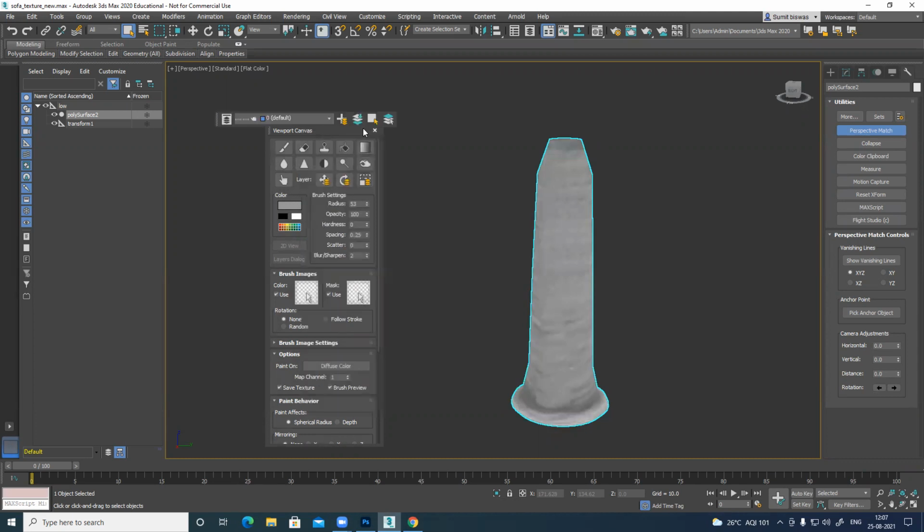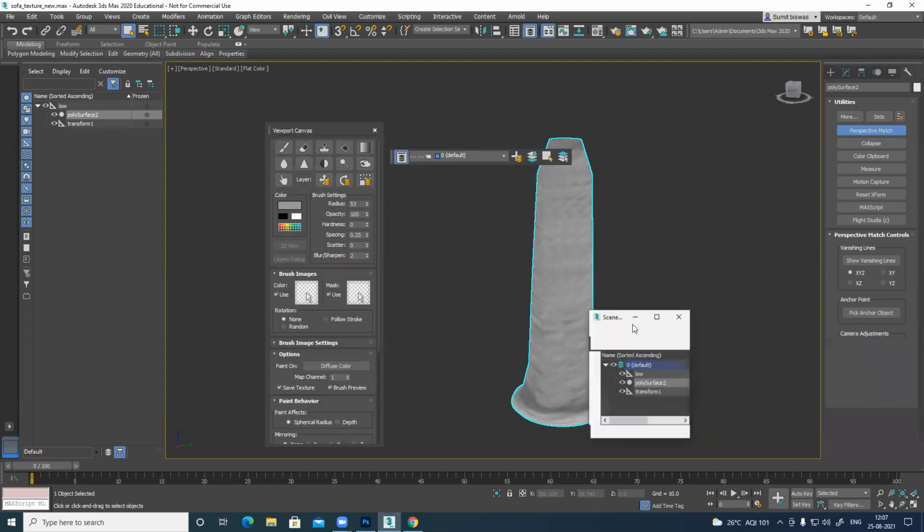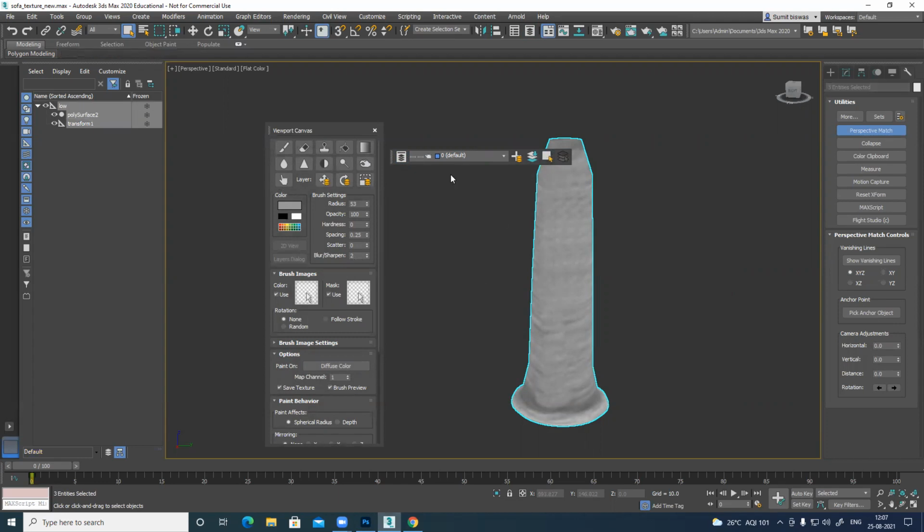Layers. Fine. See, nice. I can see this thing, but it's showing layers. This is sort of an older layer. We want this layer.